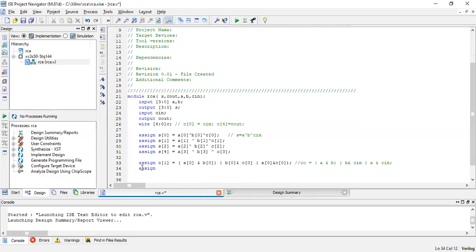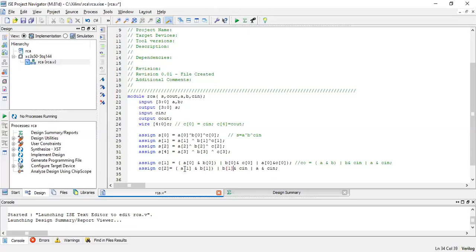Assign C2, because this is the next carry of the second full adder. C2 will be equal to, so let me follow the same thing whatever I have over here. So C2, this is A of 1 and B of 1.